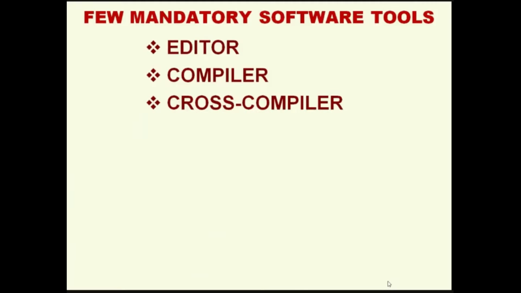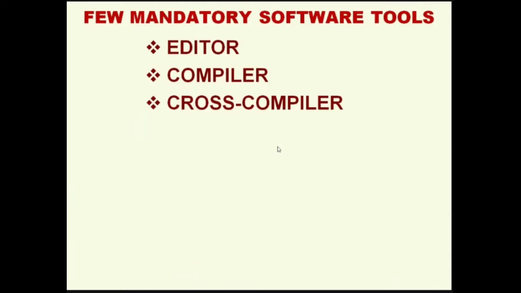So there is another tool called cross compiler. What do you mean by cross compiler? This is also a compiler which converts a high level language like C into an object file or machine language. The name cross comes because it runs in the host machine. What do you mean by host machine? Host machine means computer. So the compiler runs in the host machine, but the output of the compiler is not for the host machine. If the host machine is a PC, the processor of the PC is an Intel processor, but the compiler's output is not the Intel processor's machine language. The compiler's output is the machine language of the target machine. The target machine in our case is our 8051 microcontroller based board.